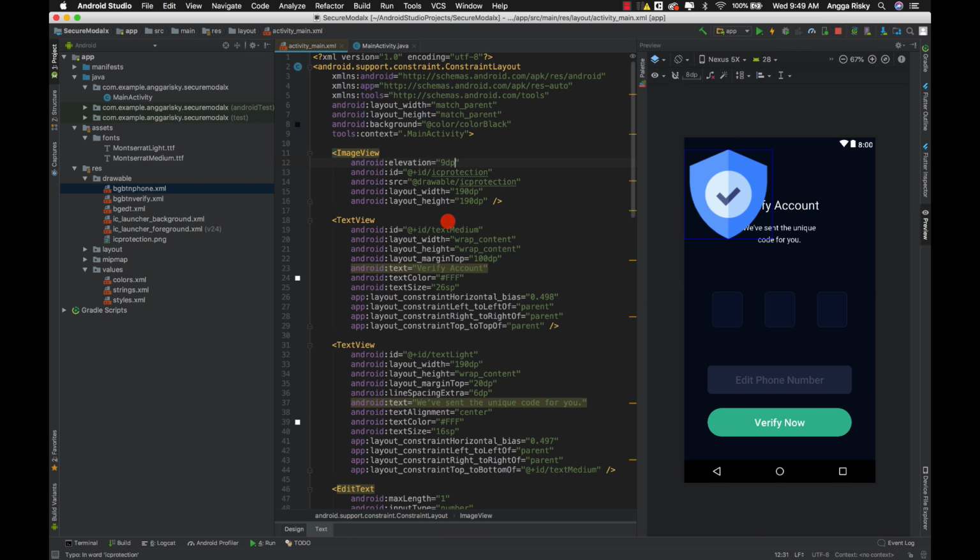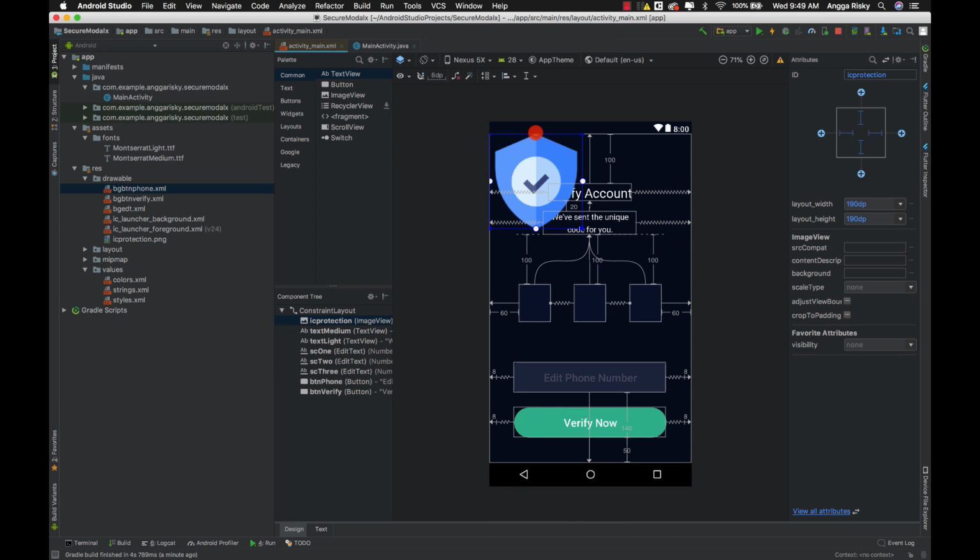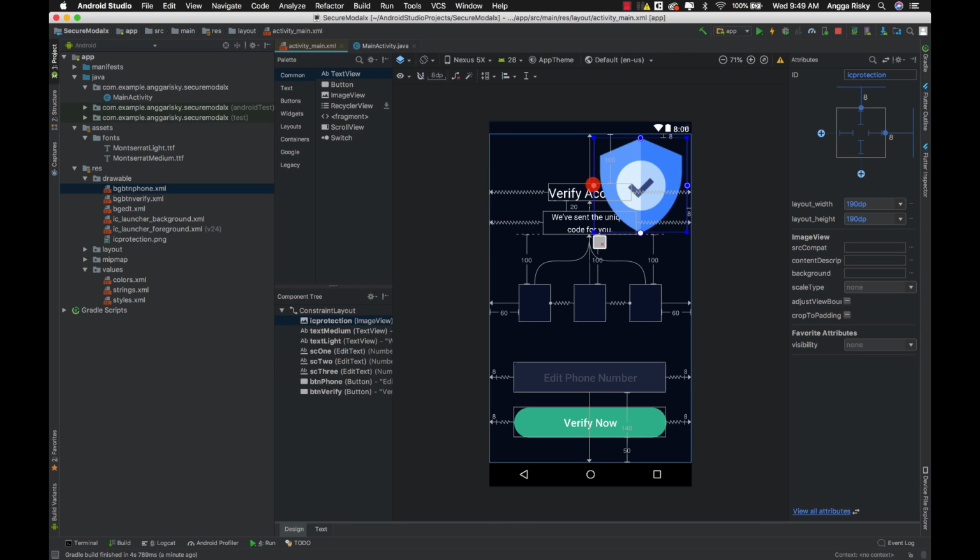Okay, and then we have to go to design, because I have to make sure it's in the center of the design. Okay, and we have to put it over here.